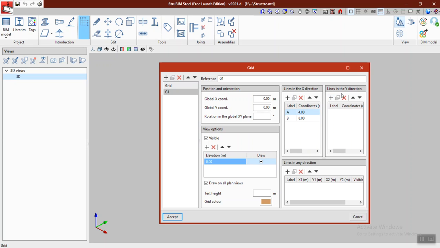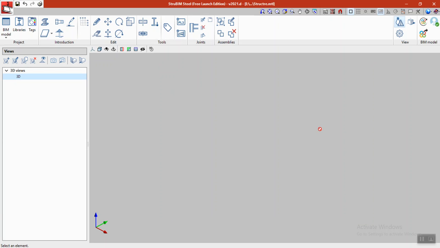And in the Y direction, we have a label 1 and a label 2, which is 4 and 8 meter, but at end. Then in elevation, I add distance 3.20 meter, then 3.20 meter. Then I click accept. And you can see